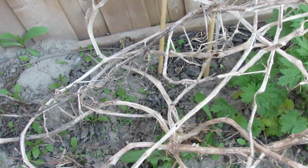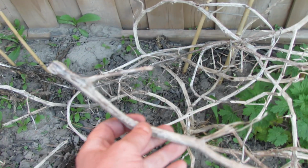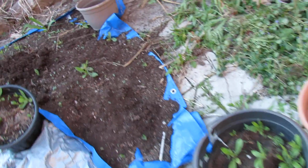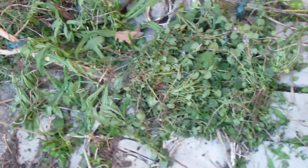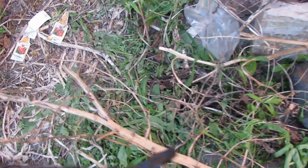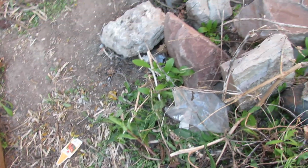look at how dry and brittle this is. So what I did, look at how small these pieces are, look at how easy they break. I just started grabbing them and busting them up after I pulled out the weeds. I pulled out most of the weeds, the bigger ones. There's my weed pile. And then I thought, well, I might as well just